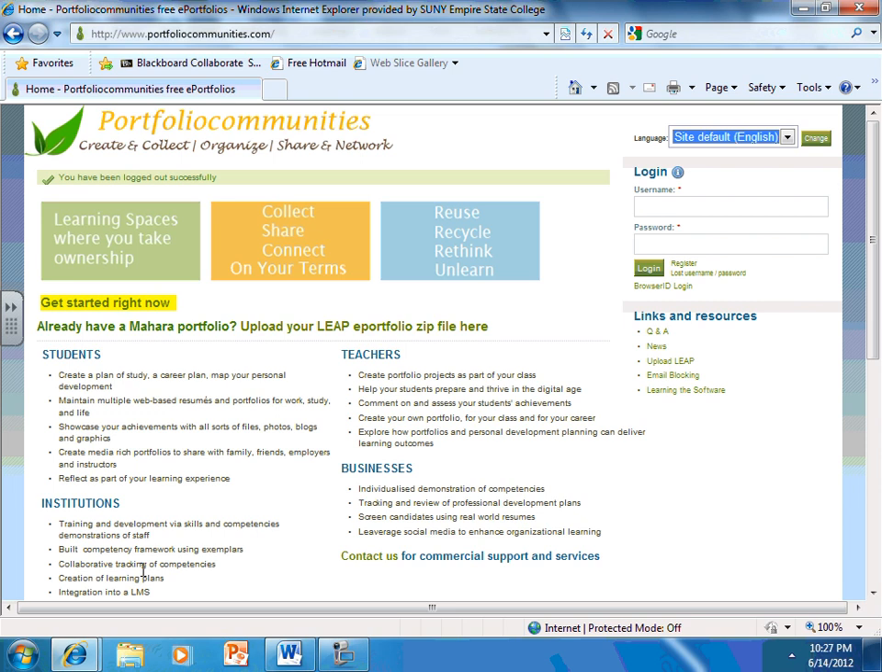And as you can see here, there are possibilities for students, teachers, institutions, and businesses to use these Mahara accounts. It is owned by a company, and that company does provide commercial support and services as well for a fee. If you do want a Mahara account, you can go to this site and register to receive a username